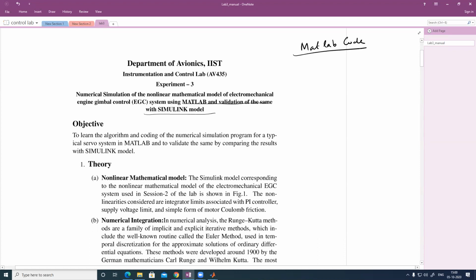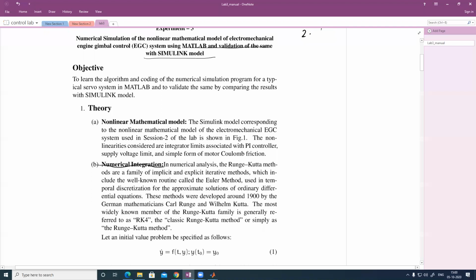First thing is, in Simulink you can directly enter transfer functions and integrate those things. Sometimes you can use a double integrator also. If you are doing it in MATLAB, you have to convert all the integrator blocks to single integrator blocks. And Simulink is also doing only numerical simulation. Numerical integration only it is doing in Simulink also.